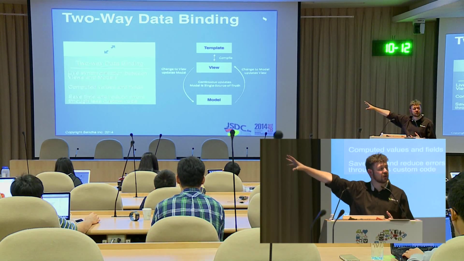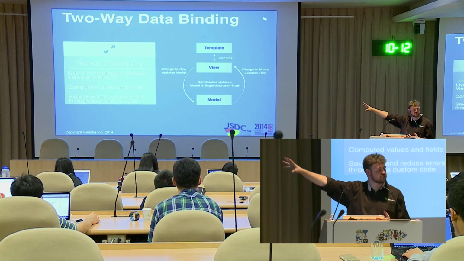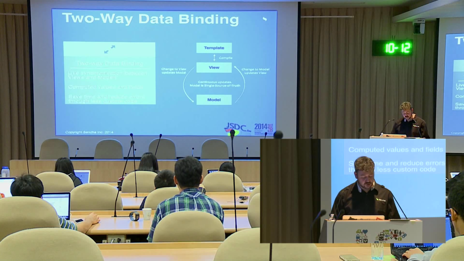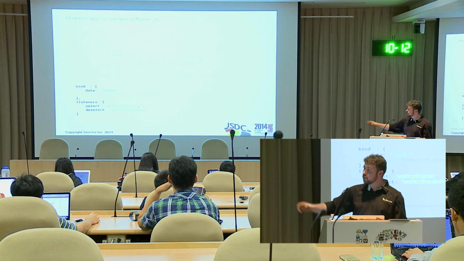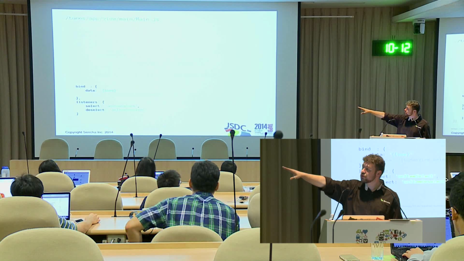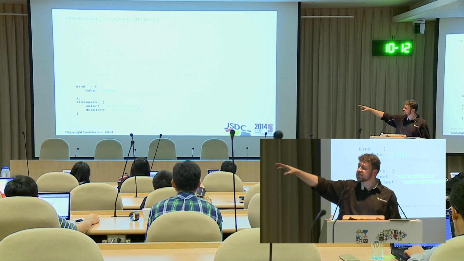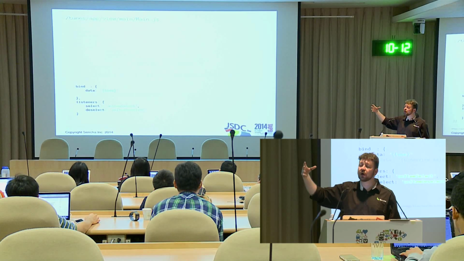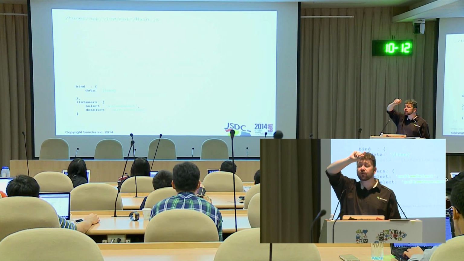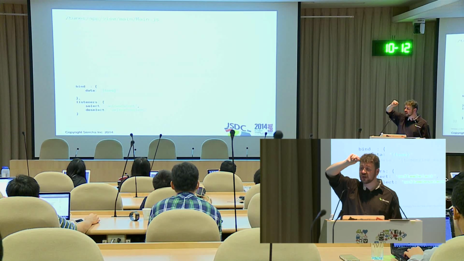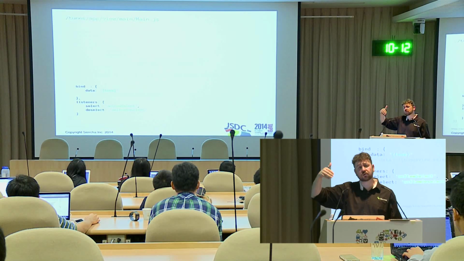This is what two-way data binding is really about. And how we use that, well, we can do it in two ways. So we can bind data that we call tune. This would be something where we put it in our model. We just have this little property called data that can house